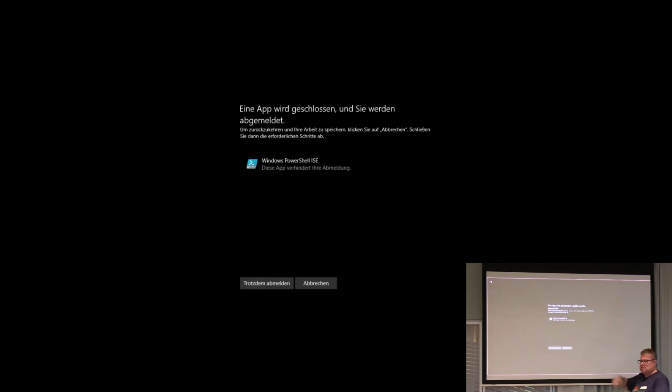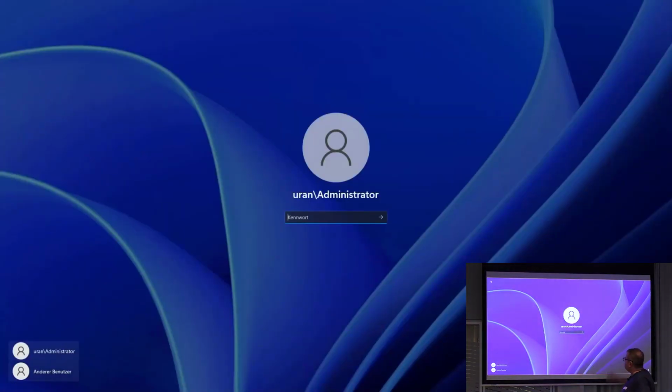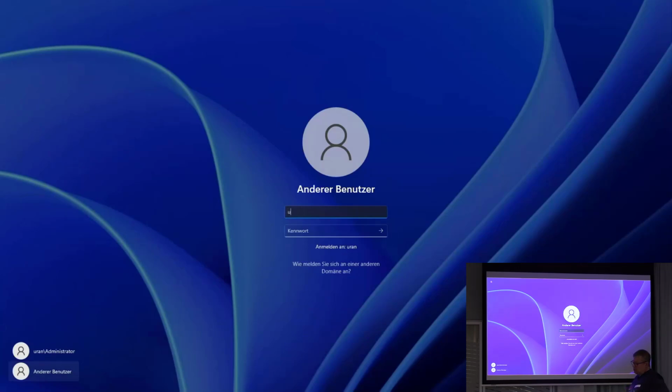I sign out here. I think I have deleted the desktop icon in the configuration file. It was a little bit fast now. The user Frank should now have no desktop icon anymore in his custom configuration.